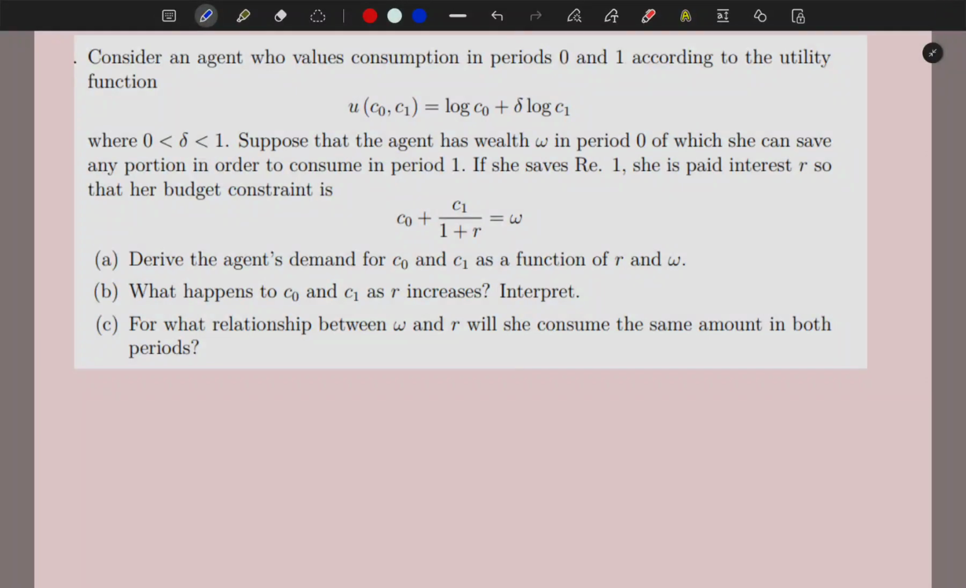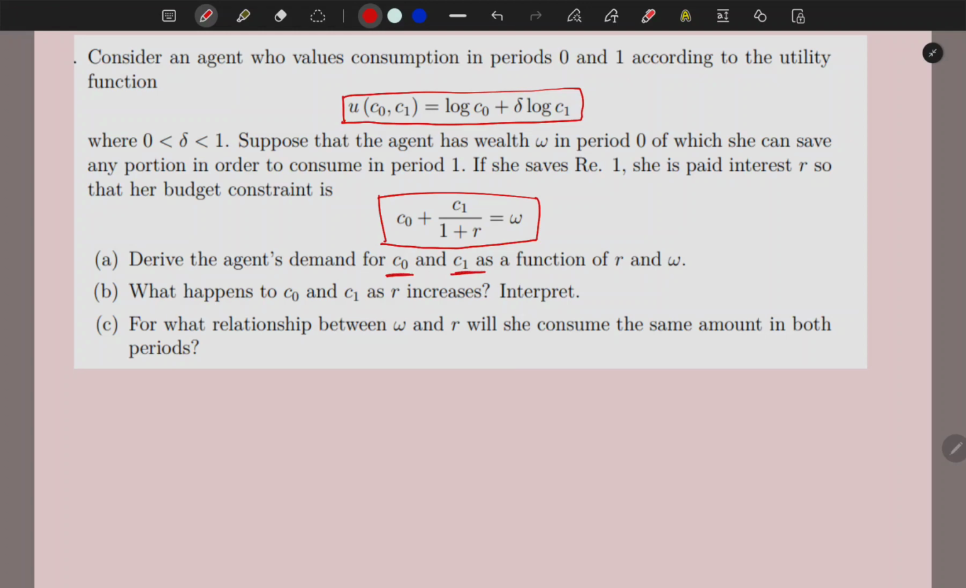I have a question here related to intertemporal choices. Please go through that topic once before starting this one. They have given a utility function and a budget constraint, and they asked